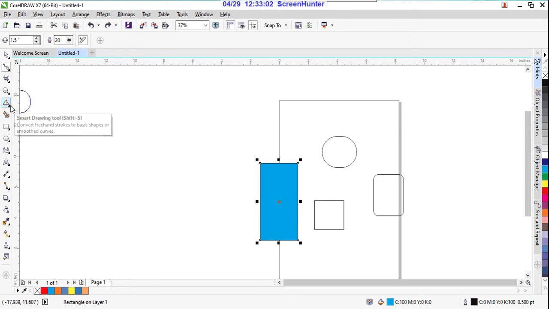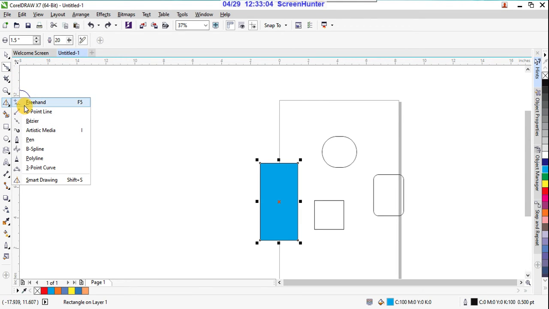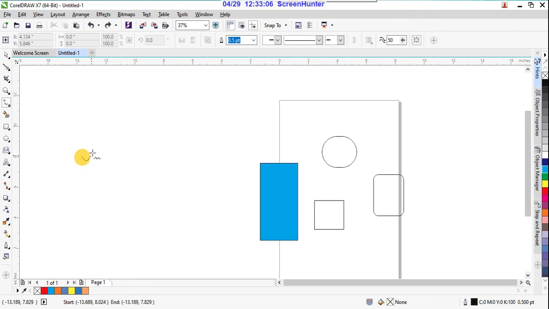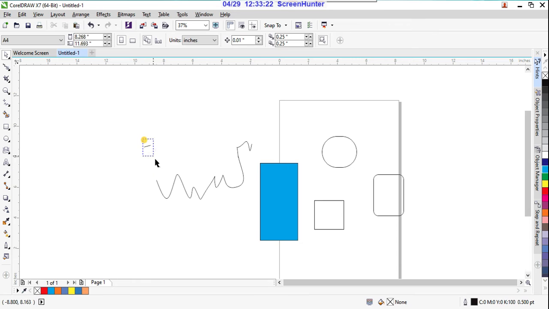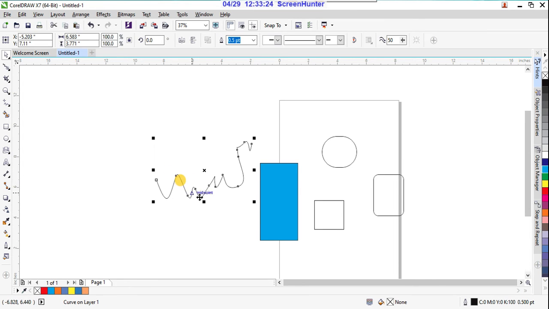For that I'm taking a freehand tool. So this is my object. Suppose this is my continuous object I'm drawing. This I'll delete, and select this.